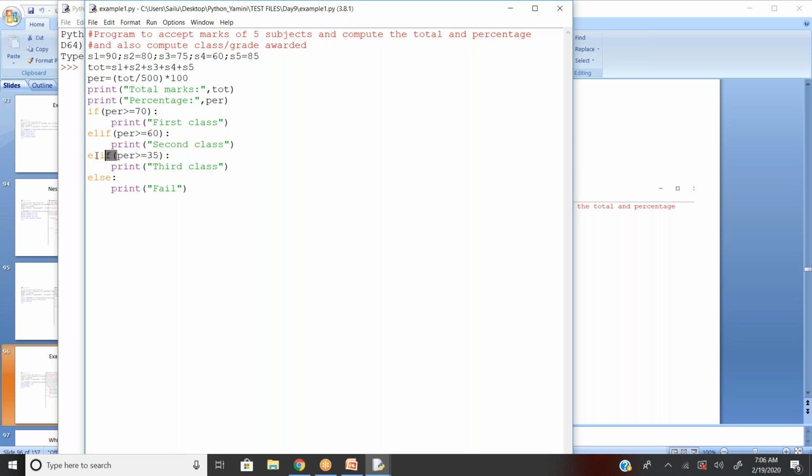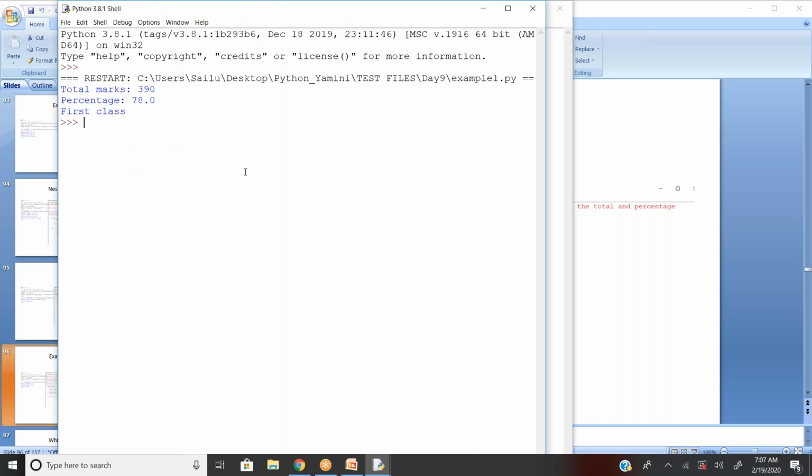If percentage is greater than or equal to 35, then I mark it as third class. Else, the last one, if the first 3 conditions are not satisfied, finally I want to give the result as print fail. So when you run it, you can see the total marks was 390 and percentage 78. So he is getting first class.